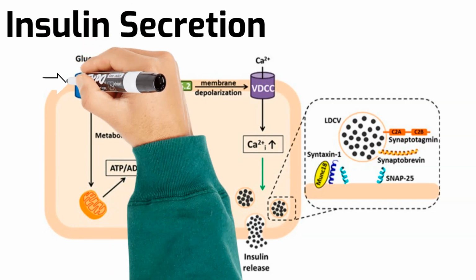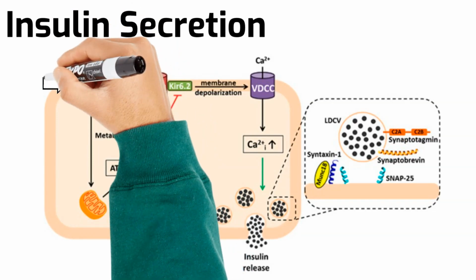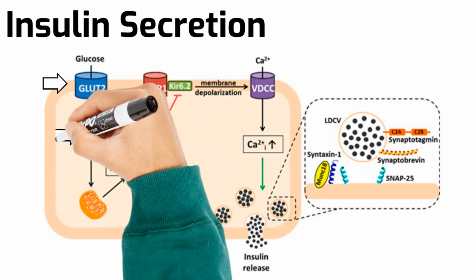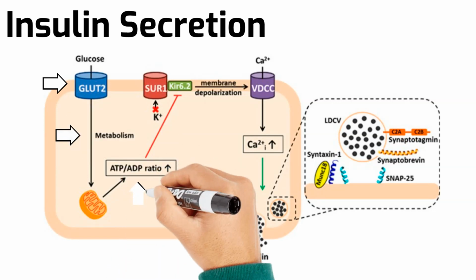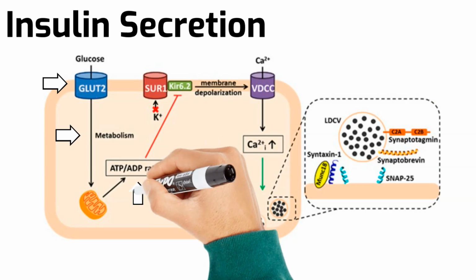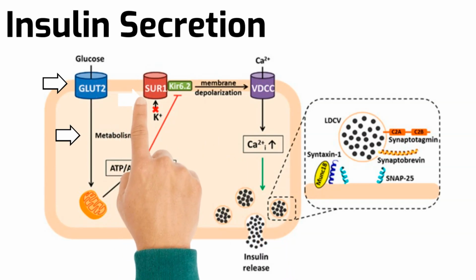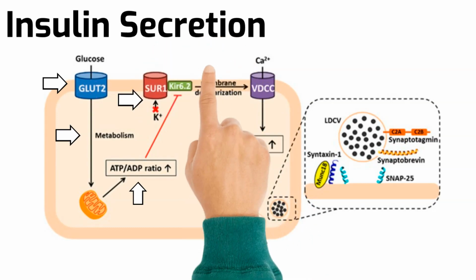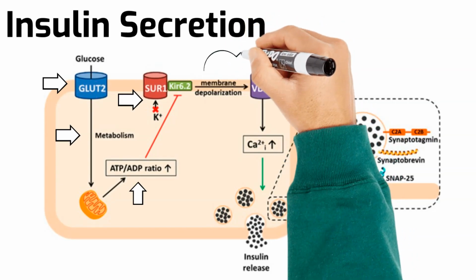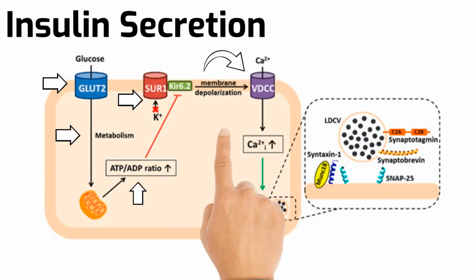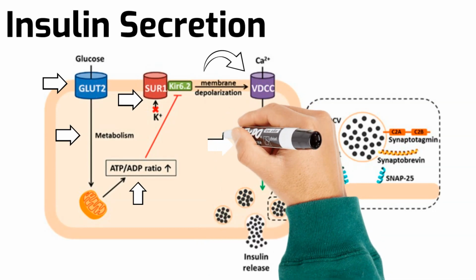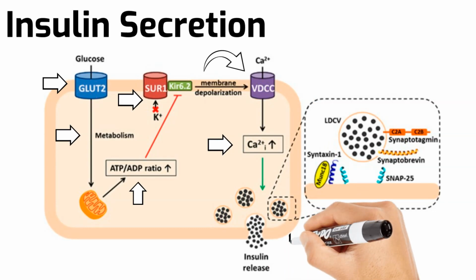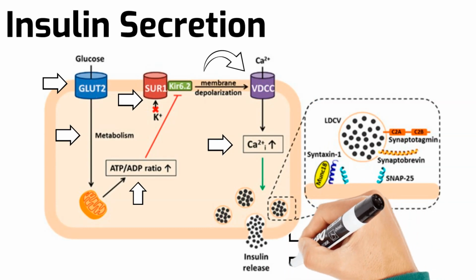Once inside the cells, glucose undergoes glycolysis, which leads to the production of adenosine triphosphate or ATP. This results in the closure of ATP-sensitive potassium channels, which are open under non-stimulated conditions to maintain the resting membrane potential. However, upon closure of these channels, the decreased outward potassium current and the opening of voltage-dependent calcium channels elicit depolarization of the cell membrane. The subsequent increased intracellular calcium triggers the fusion of insulin-containing granules with the cell membrane and thus release of insulin